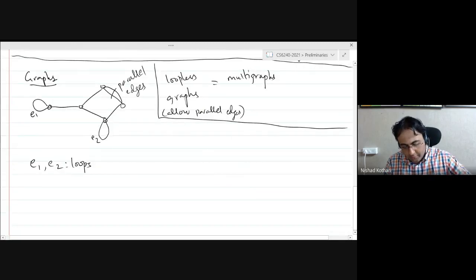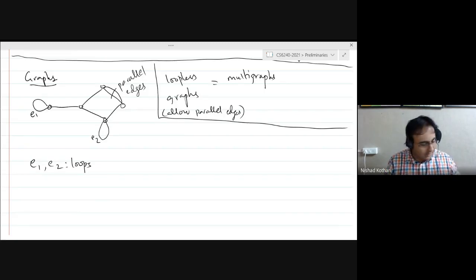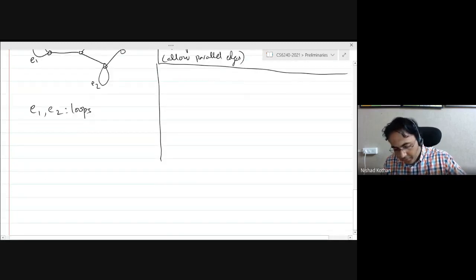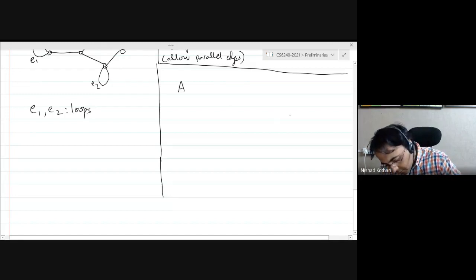So in general, if you want to define a graph, you now have to be slightly more careful, and it becomes a little bit annoying, but I will just go through this formal definition for the sake of it. Okay, so if you want to allow these kinds of possibilities, then a graph G is an ordered pair